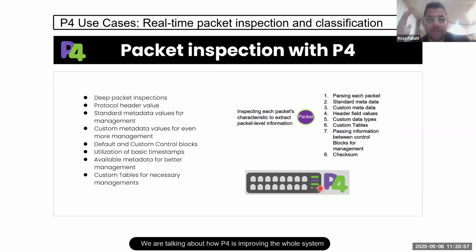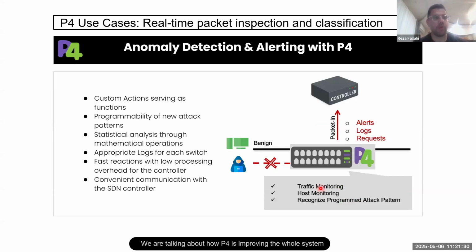And of course, we do have some default standard metadata that will gather some information about the packet itself. We can create some custom metadata based on that information. Then we have the headers, custom data planes, custom data types, and tables, of course. These are the things that will help us gather information based on the traffic flow and the packet values itself. So the whole objective here, the whole thing that I'm trying to say is that we